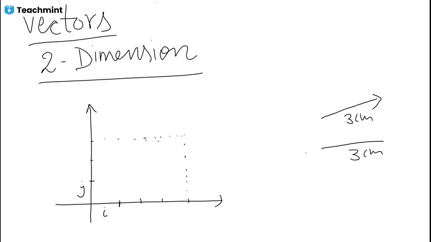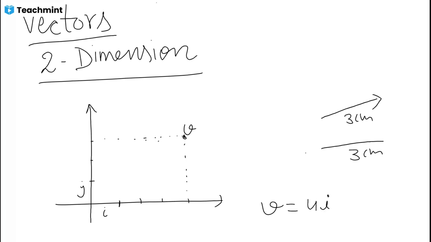How can we represent this vector? Because its distance along the y-axis is 3 and along the x-axis is 4, we can represent this vector v as